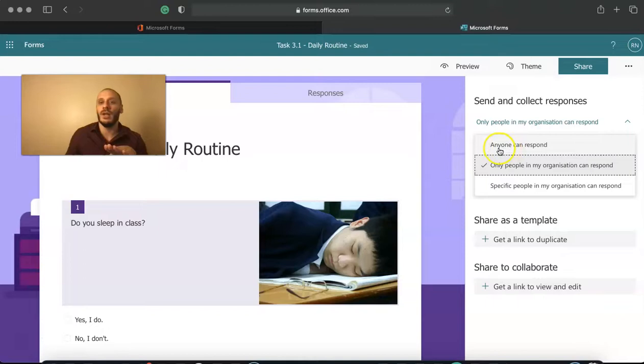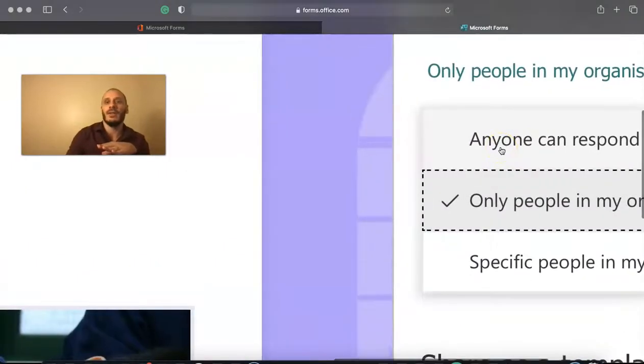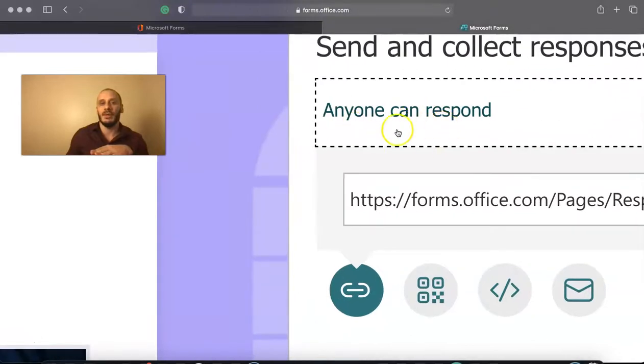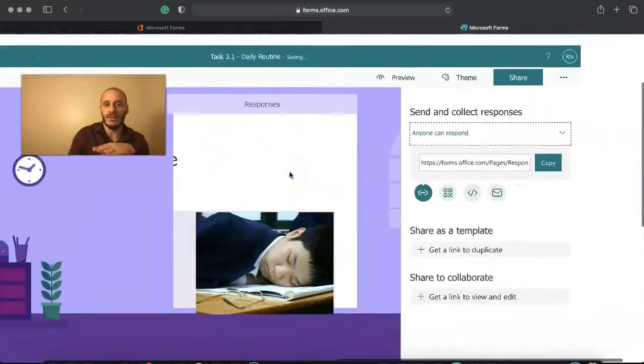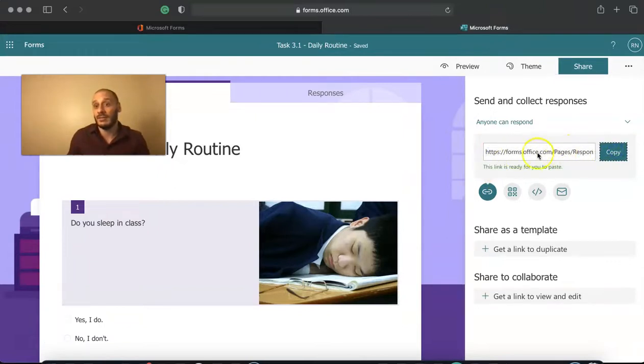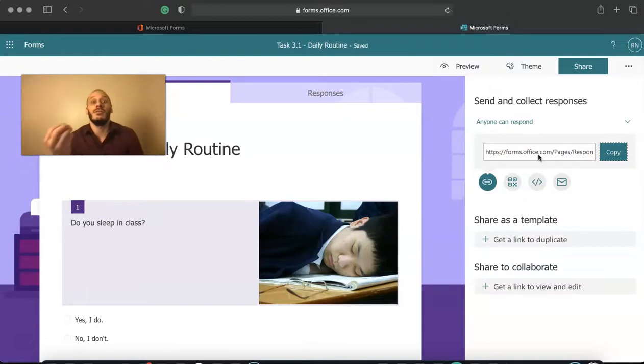Change to anyone can respond. Okay, anyone. And then you're going to copy paste this and you will send this to me, or you will send this to your teacher to check.